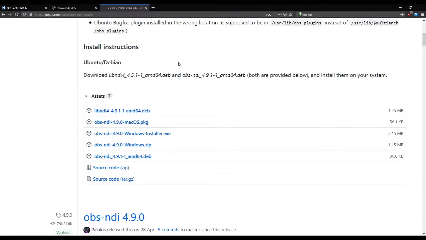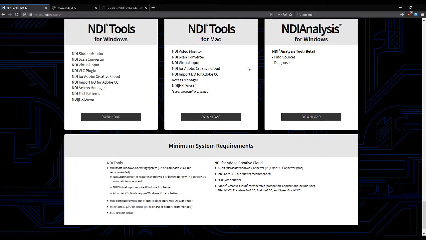Again, then we ran sudo dpkg -i *.deb, and that installed the two Debian files. Once we've done that, we then have NDI input and output that you can use with other machines on the network. And if I just come across to the NDI Tools page